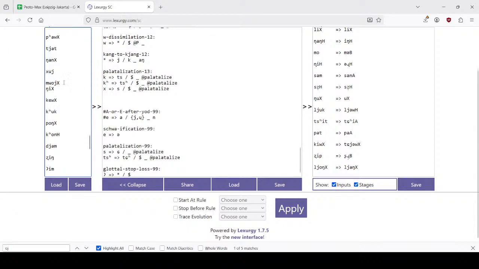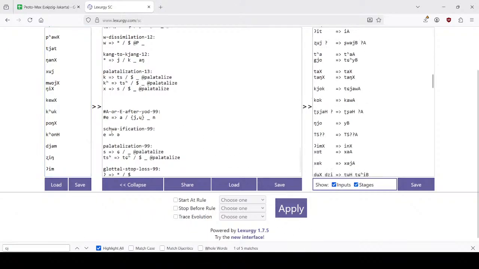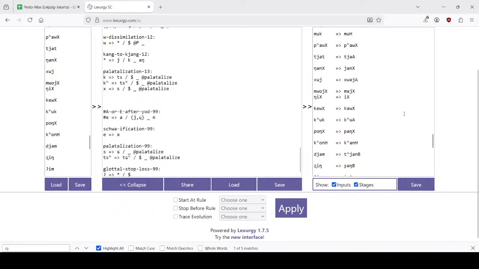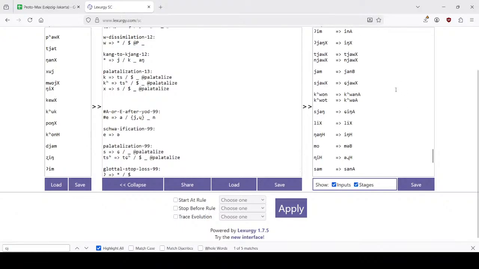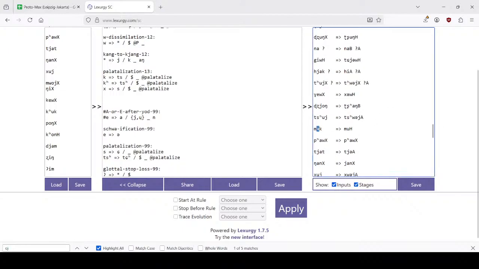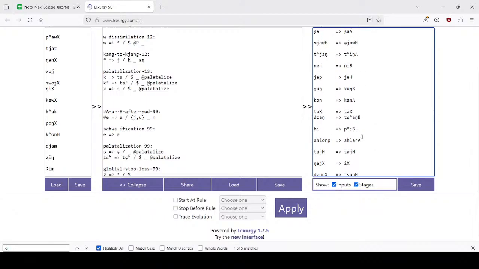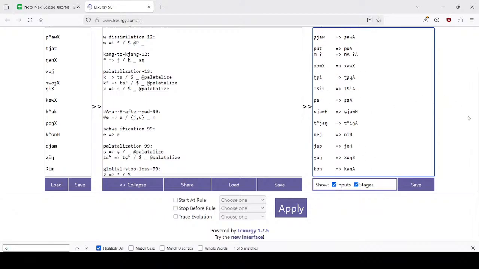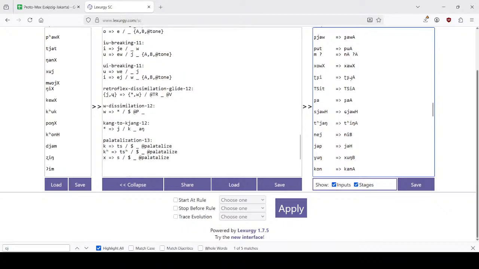Obviously, the issue with this reconstruction is that we would not know, or at least it wouldn't be clear, why it only does so before wa and not some other, for example, before u. Why does this not palatalize? Why does that not drop off? So that could be something of an issue.